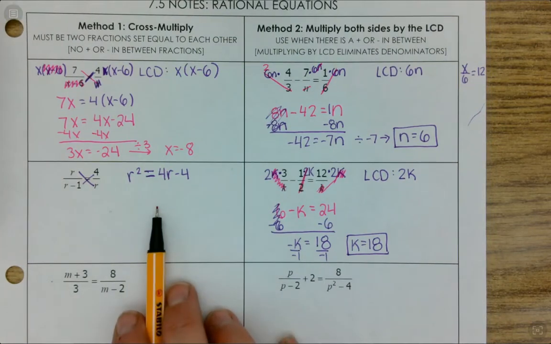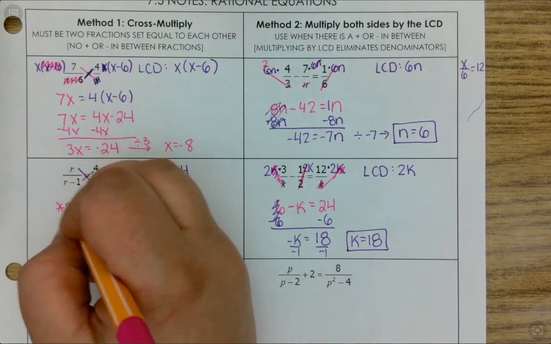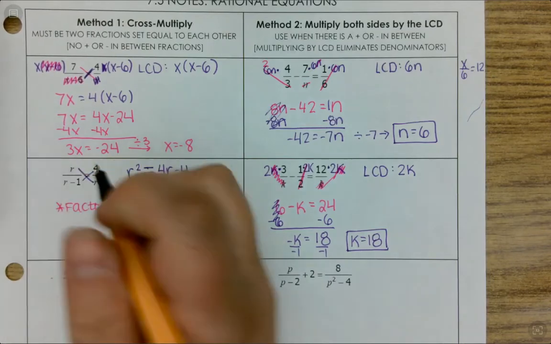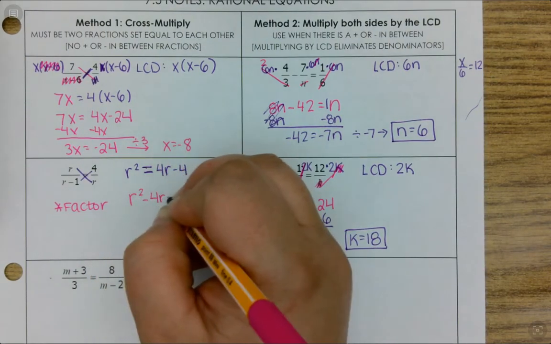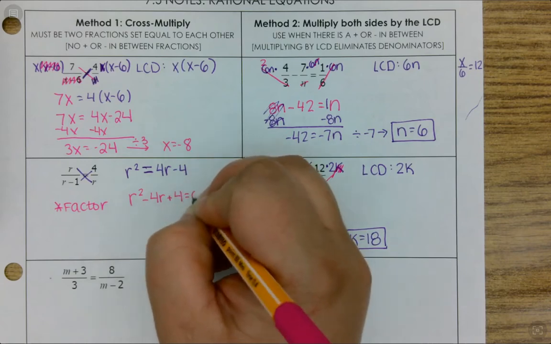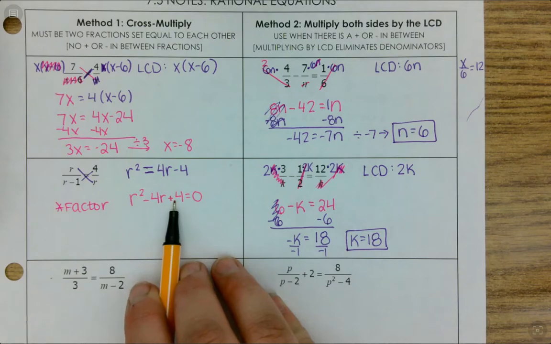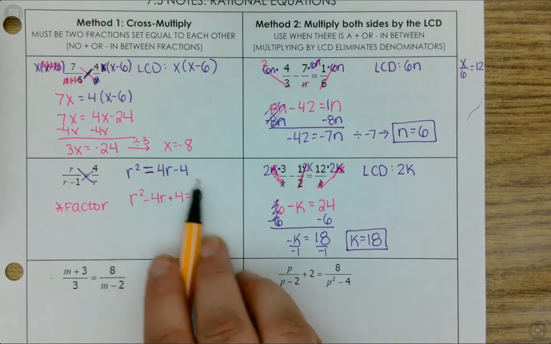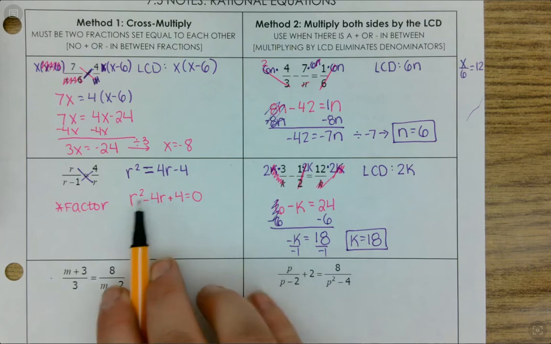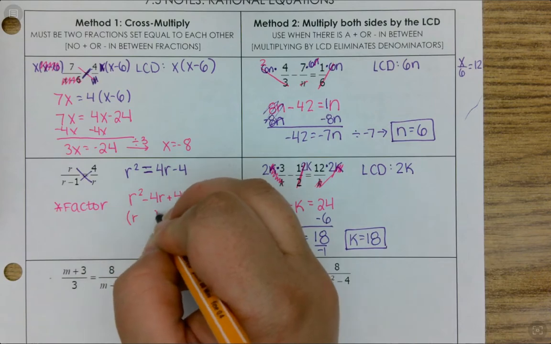On this one, whenever you see this variable squared, that probably means you are going to have to factor to solve. What that means is I need to get everything on the same side. And basically these are both going to move over here, but as they move across sides of the equation to the opposite side, they have the opposite sign. So if I want this to move to the opposite sign. This moves, opposite sign. Now I need two things that multiply to +4 and add to -4,